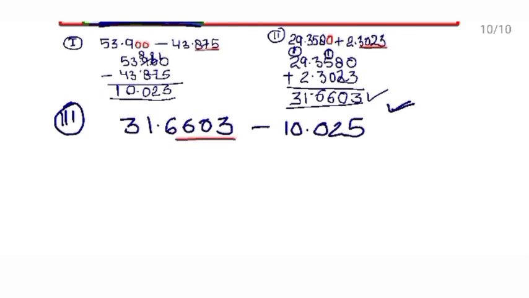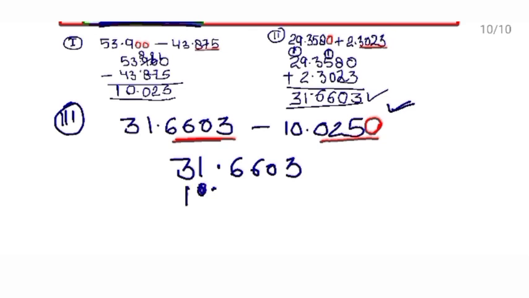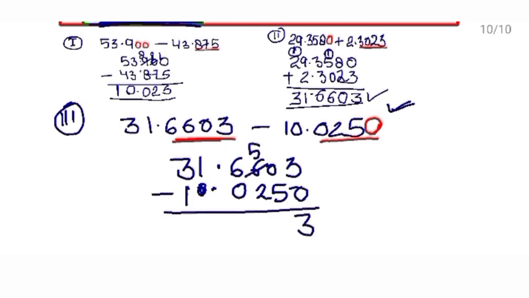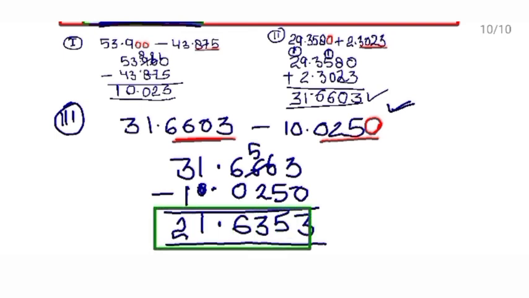There are 4 digits after decimal, so put 1 zero in this number. Now both the numbers have 4 digits after decimal. Arrange them in column and simply subtract. 31.6603, 10.0250. 3 minus 0, 3, take borrow. 10 minus 5, 5, 5 minus 2, 3, 6 minus 0, 6, decimal point, 1 minus 0, 1, 3 minus 1, 2. What is your final answer? Final answer is